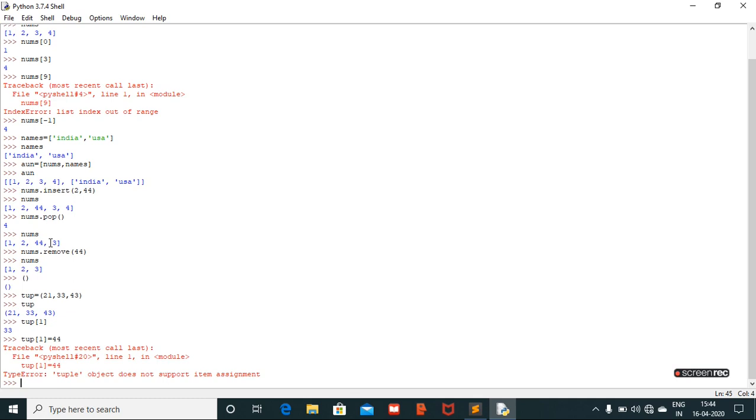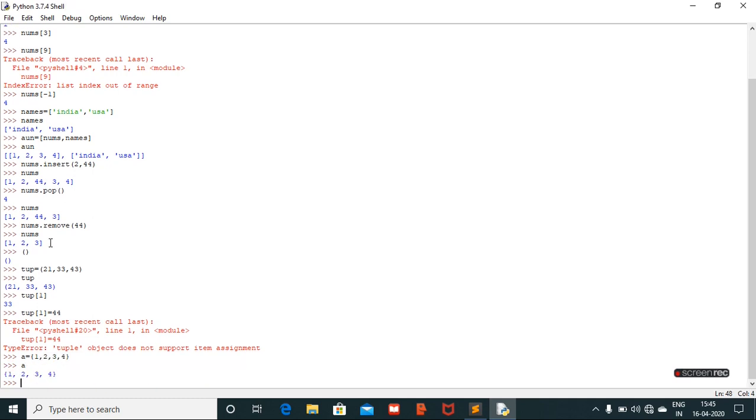Sets are also like tuples, and sets are used to store elements. It is the fastest method in Python. It stores the elements in the fastest way, and it will give the elements in any order. It is denoted by the curly braces. A equal to 1, 2, 3, 4.